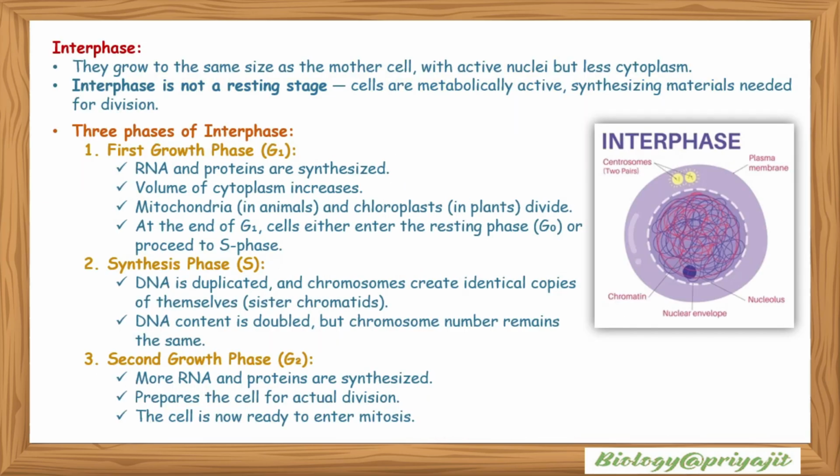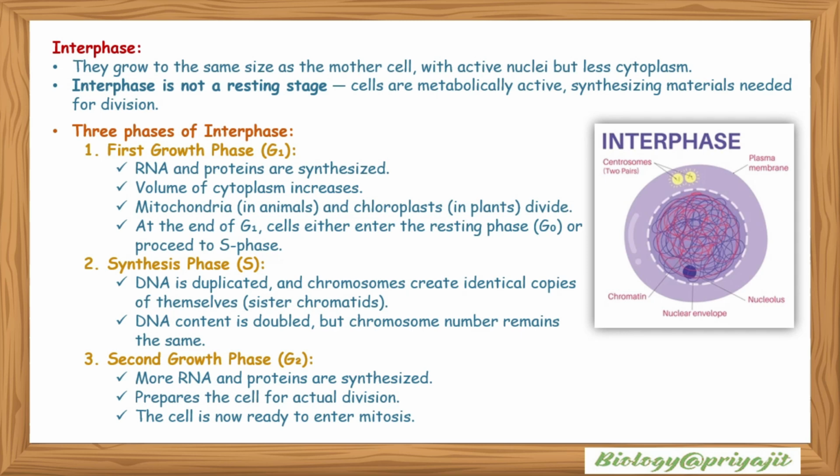Interphase. They grow to the same size as the mother cell with active nuclei but less cytoplasm. Interphase is not a resting stage, so the cells are metabolically active and they synthesize materials needed for division. Three phases of interphase are: first, growth phase or G1, RNA and proteins are not synthesized, volume of cytoplasm increases, mitochondria in animals and chloroplast divide, and at the end of G1, cells either enter the resting phase or proceed